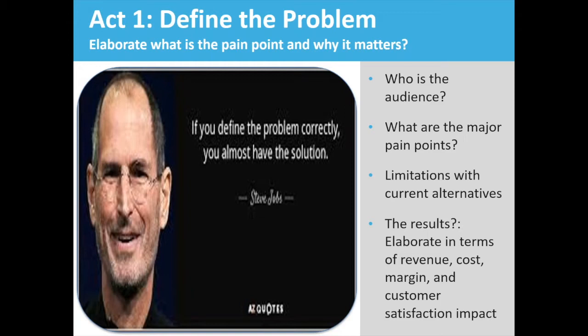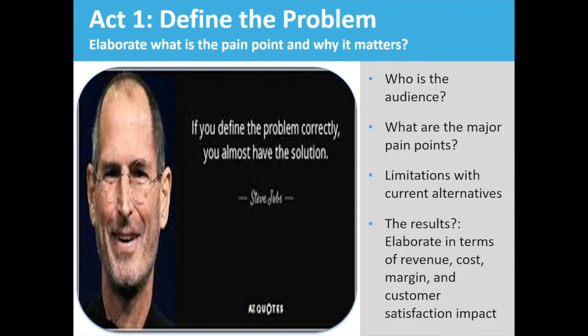And the problem, as I said, could be things like unmet needs, things that you have identified as limitations in the marketplace. And we brought up an interesting quote here from somebody I'm sure you're all very familiar with, Steve Jobs, who had a very good understanding for business. He famously said that if you define the problem correctly, you're almost there in terms of the solution. By defining what the problem is in the correct way, framing it correctly in the customer's mind, they will naturally gravitate to your solution, to the way you're proposing how to solve that problem.